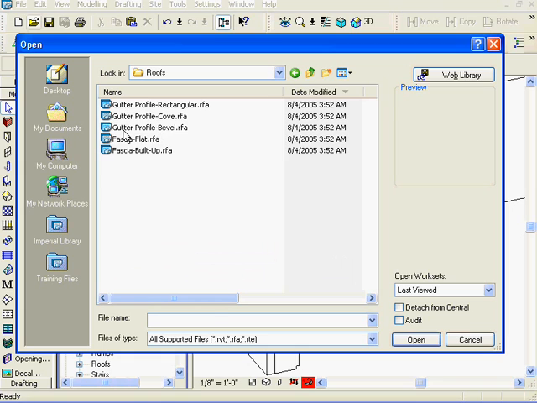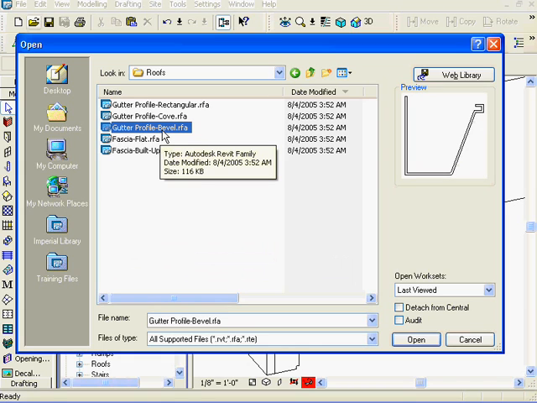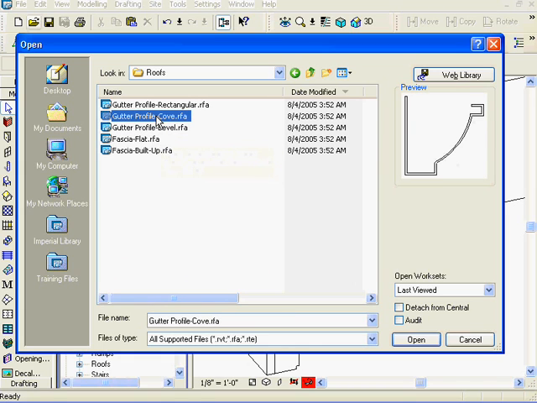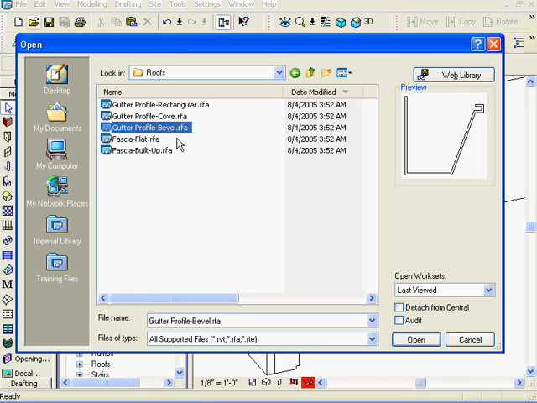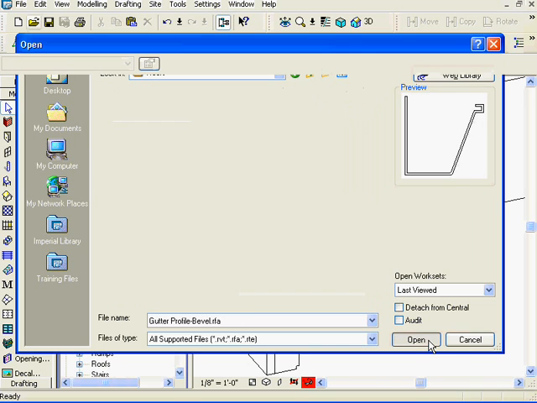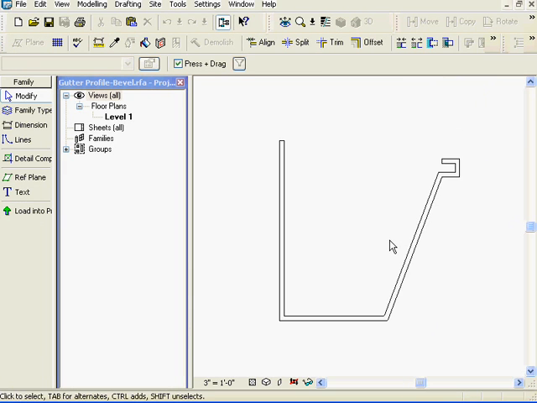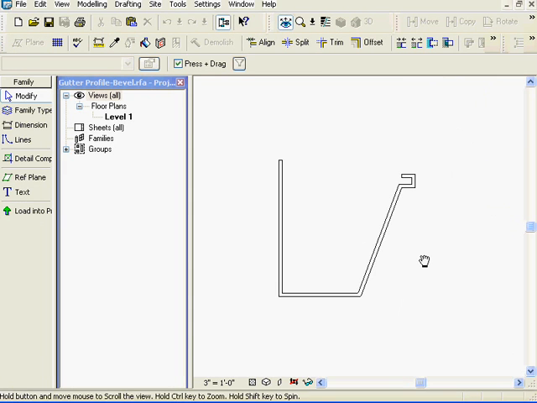So I'm going to go to roofs, and I'm going to open up my roof gutter, beveled, and then there's this one. So there's two different roof gutters that are in there, and then there's just a straight rectangular one. Okay, I'm going to go inside of here. I'm going to hit open. I'm going to open up that family, and the first thing you'll notice is there's no, where's my